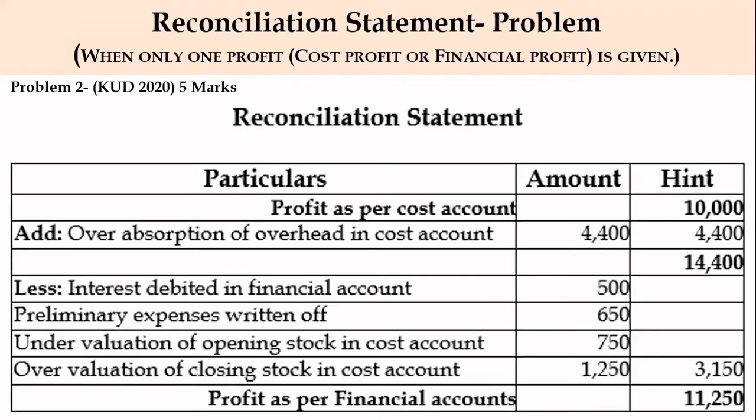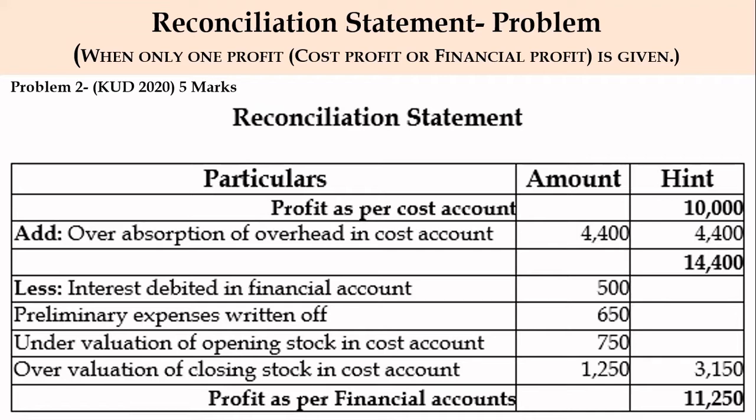When we prepare, this statement looks like this. Our profit as per cost account is 10,000. Add over absorption of overhead in cost, only one item will be added here, and it comes to 14,400. When we deduct the other items, that is interest debited, preliminary expenses, undervaluation of opening stock, and overvaluation of closing stock, from this 14,400, it comes to 11,250, which is the profit as per financial accounts. So this is how you prepare the